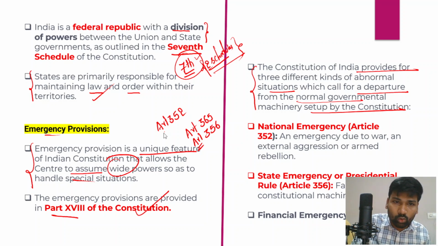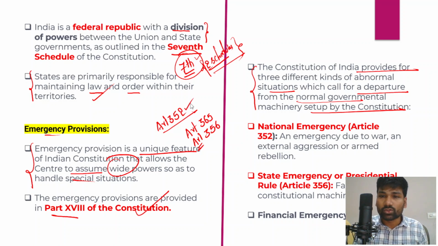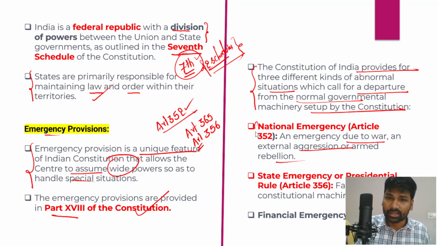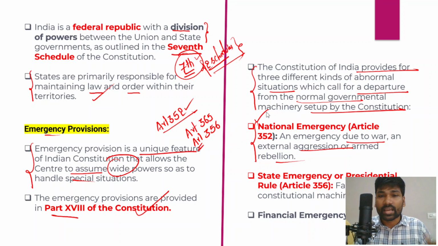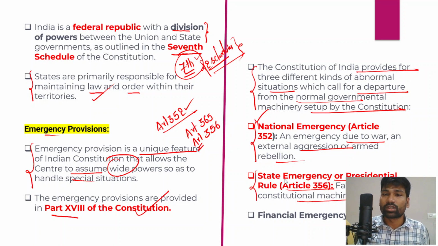As I have already told you, national emergency deals with Article 352 of the Indian Constitution, and this national emergency can be declared by the president due to war, external aggression, or armed rebellion. These are the grounds on which national emergency can be imposed. So state emergency or president's rule is under Article 356 of the Indian Constitution. Failure of the constitutional machinery in states would lead to presidential rule, or Article 356 will be imposed